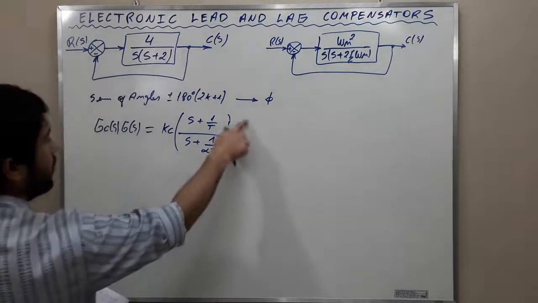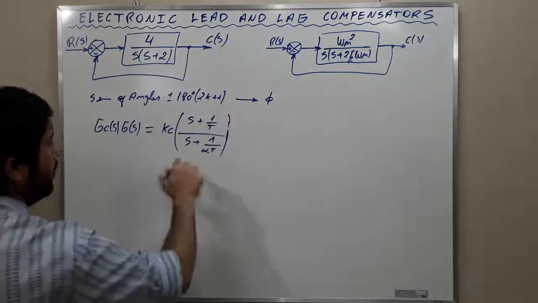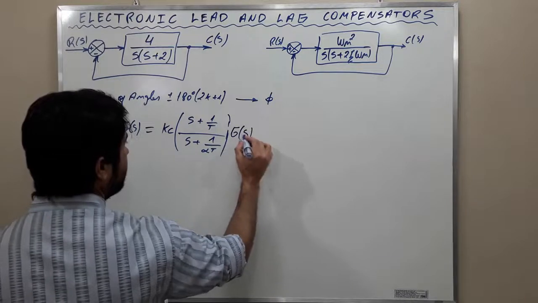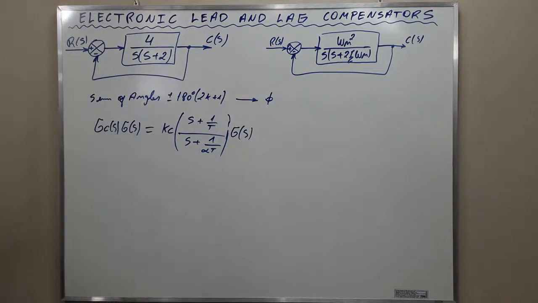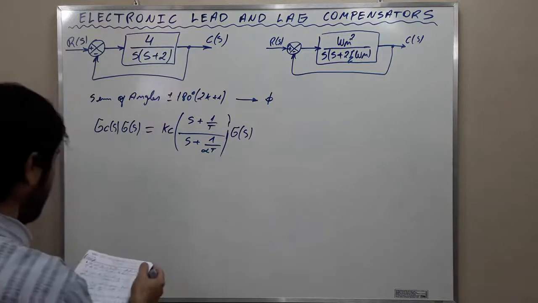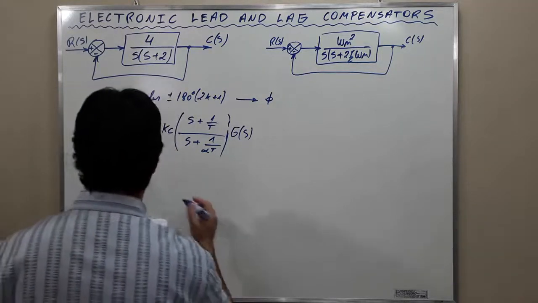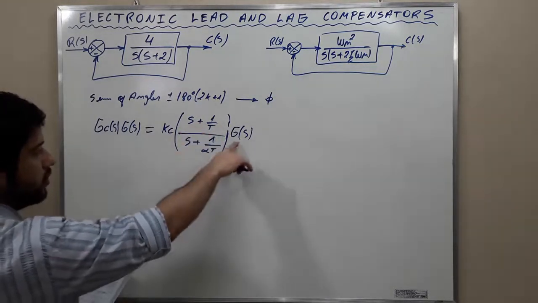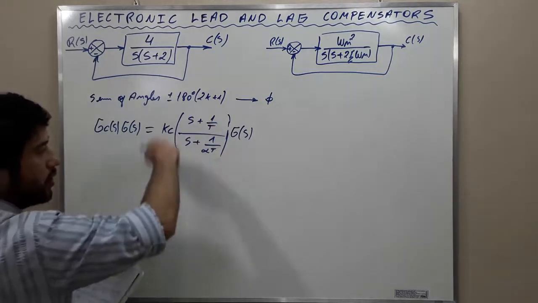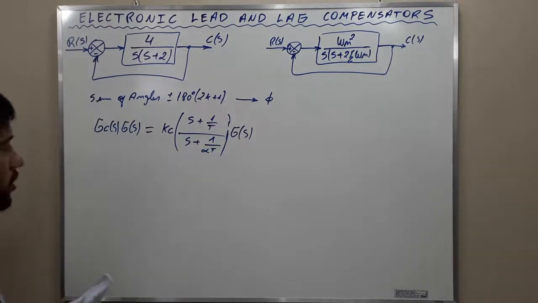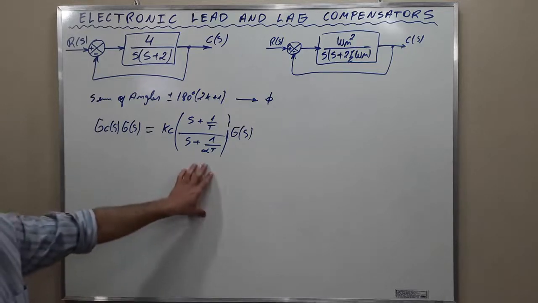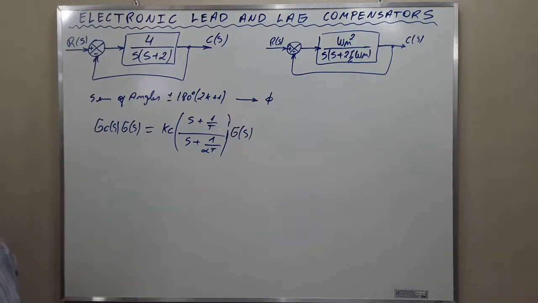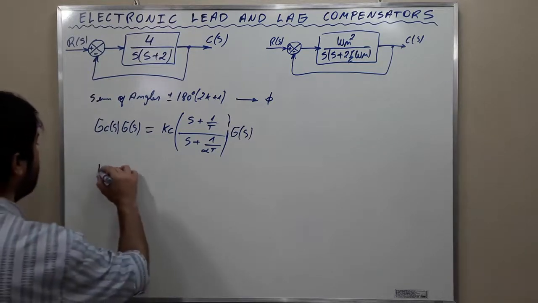And this is the transfer function of the compensator, and we are going to multiply it with the transfer function of the plant. Therefore, we're going to get that GC, the transfer function of the compensator, and this is the transfer function of the plant. Together, they are the open loop transfer function of the compensated system. This is not the closed loop transfer function. This is the open loop transfer function of the compensated system, where